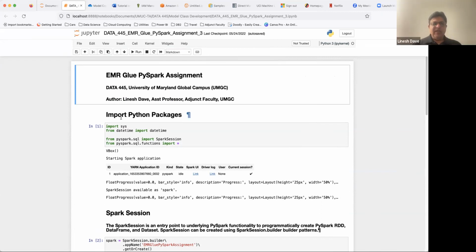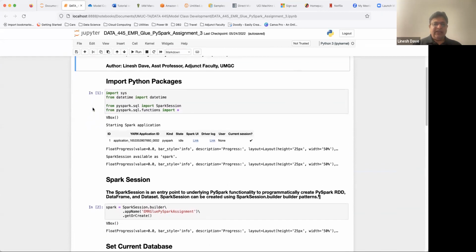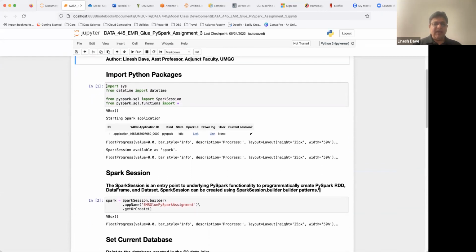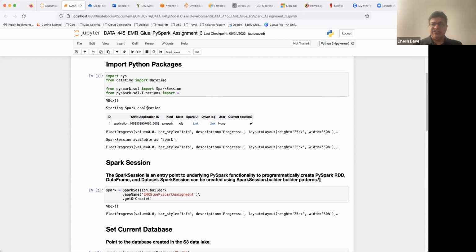Okay, excellent. So this is the view of the notebook that we were going to attach to the EMR. As you can see, the initial portions of this notebook were executed, and I had a copy of that. So I'm able to show you some parts of it which were executed, like importing certain packages and importing Spark sessions. Some of the packages were purely Python related, and a couple of them were really PySpark related and SQL related,